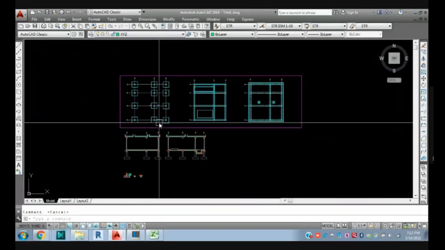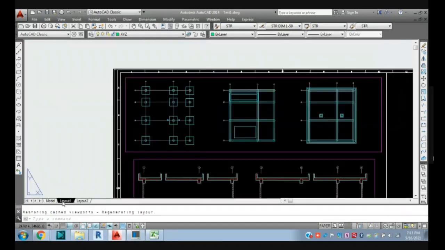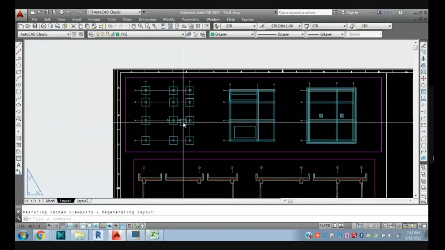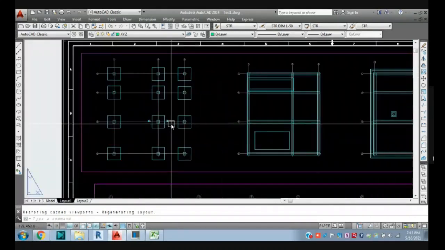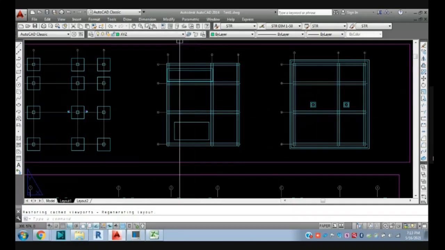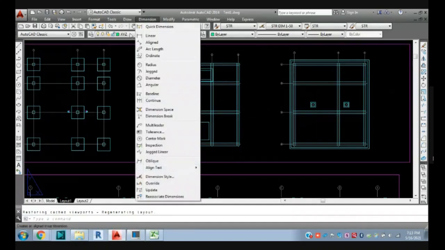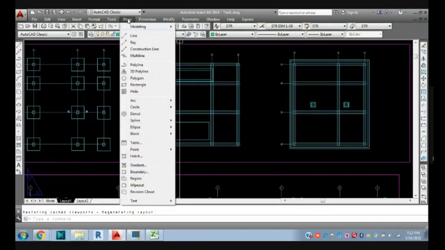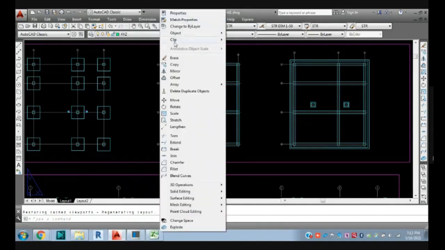That's the purpose of change space. Suppose you want to move some text from layout space to model space, you can also do it using this change space command. So change space is done here.